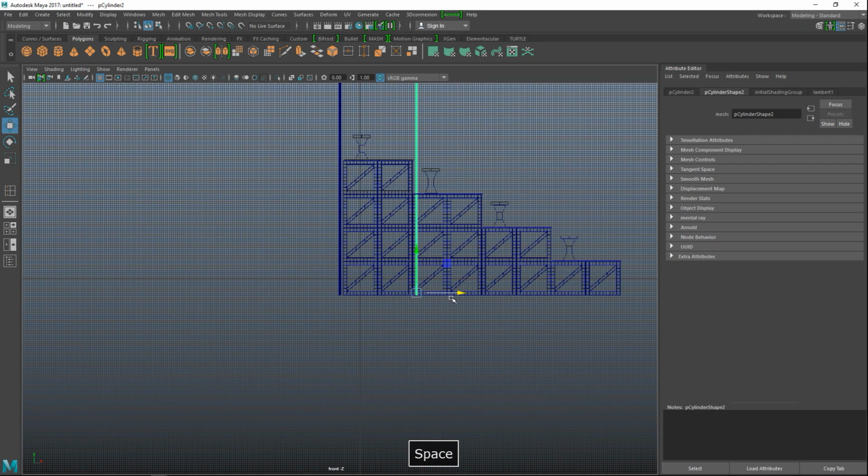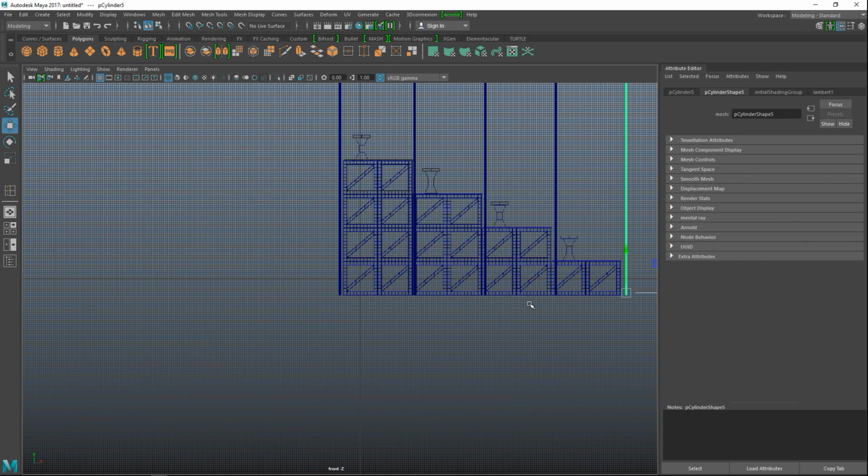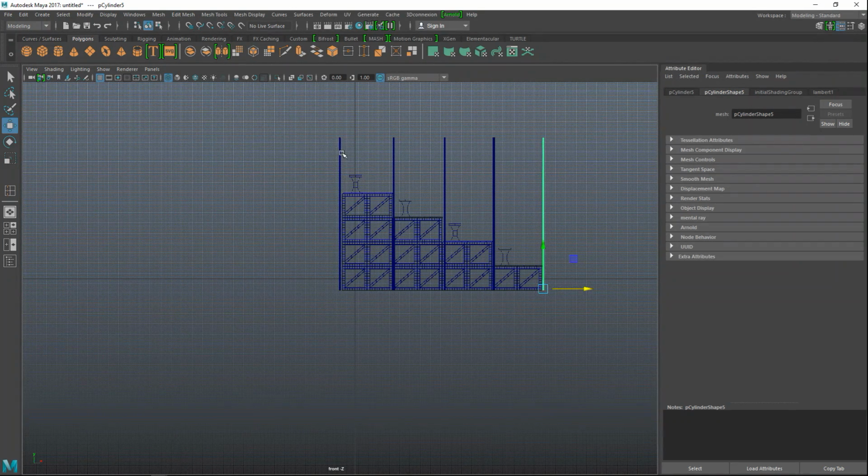So let's do that just behind here. And then duplicate that again, and we'll do one here, one there, and one there. This one will come back a little bit. This one as well. Then we're going to take one of these guys.